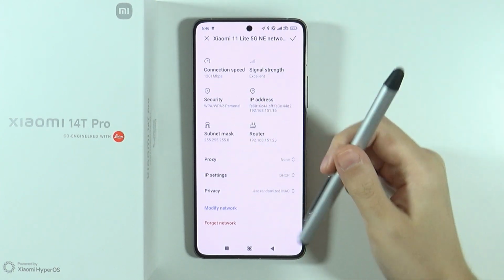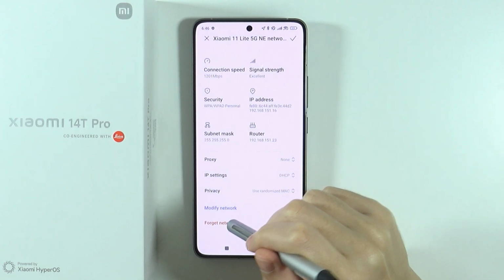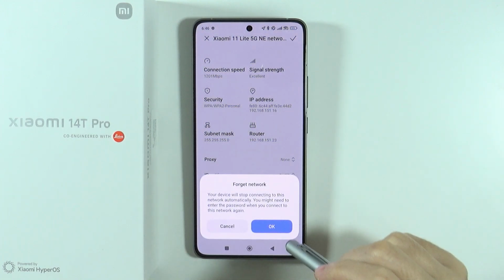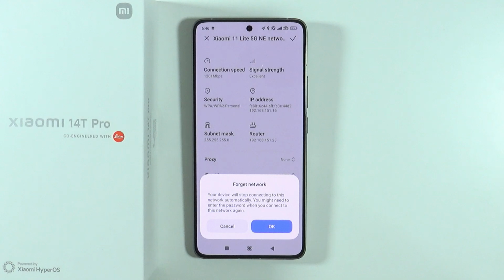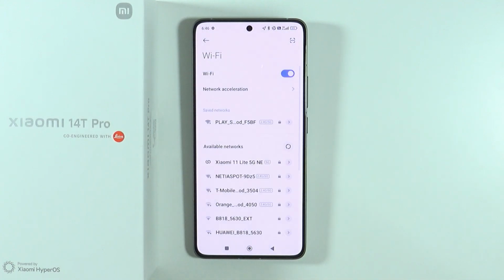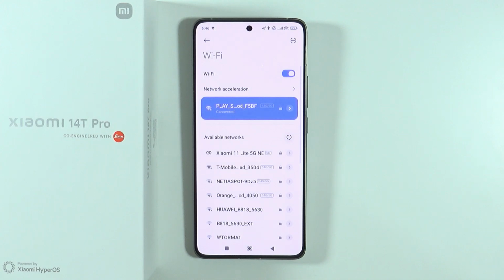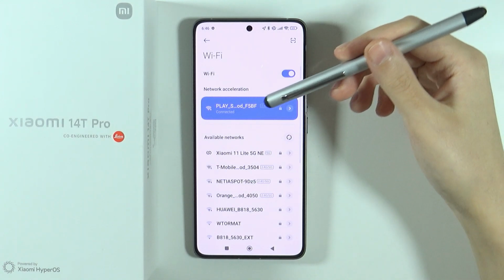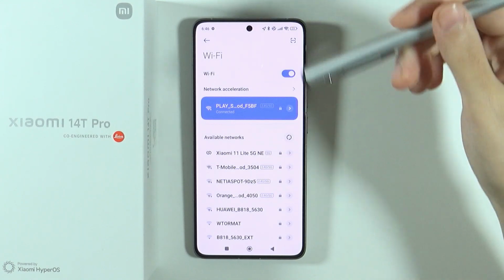and then if you scroll all the way down you will have forget a network option, and if you select it then you can confirm that you want to forget this network on this device. So press OK and you should be disconnected from the Wi-Fi, and the password should also not be saved anymore. In addition to that, if you don't have the Wi-Fi network over here, if you are not connected right